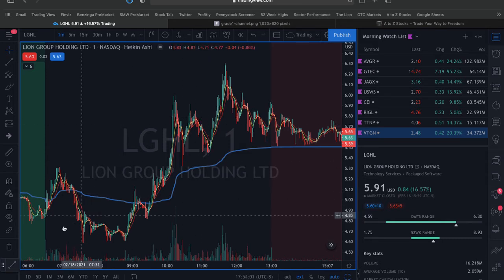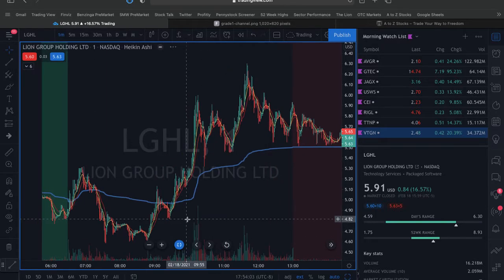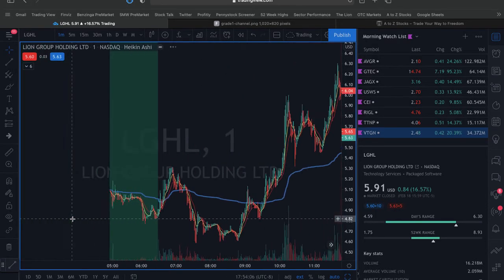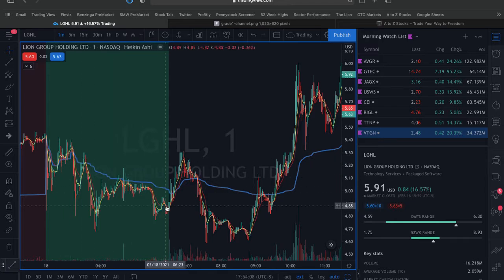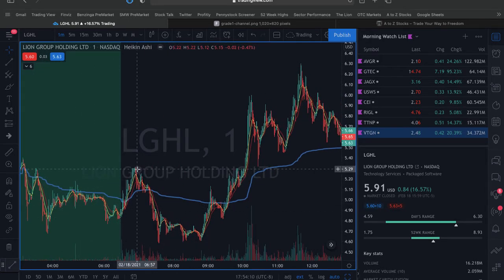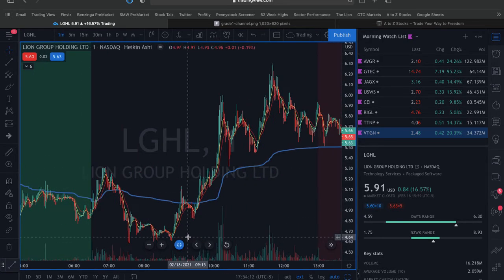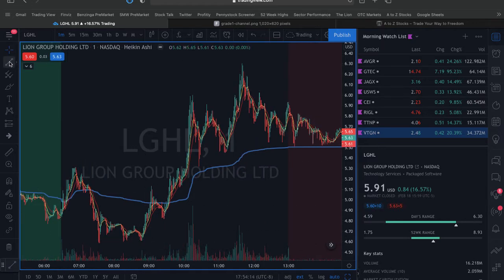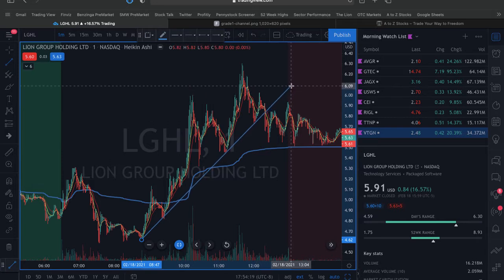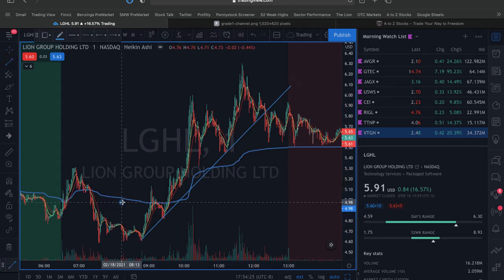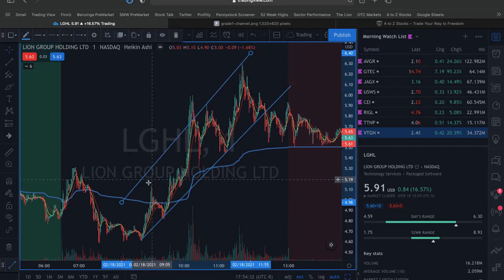And if we take a look at LGHL today, we kind of have this downward motion in pre-market, and then it spikes up, and then it comes crashing back down, and then all of a sudden it starts to establish this trend. So if we were to take our drawing tool here and draw the connecting points of the support, right, and also the connecting points of resistance, then what we can see is a clearly established channel that you could trade